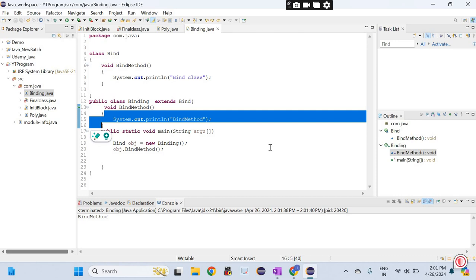Now, as I told you, we will discuss the instanceof operator. In this example only, I am going to explain it. You also call it Java instanceof. Basically, the instanceof operator is used to check whether the object is an instance of the specified type or class.